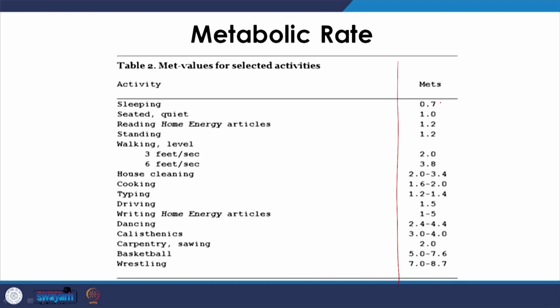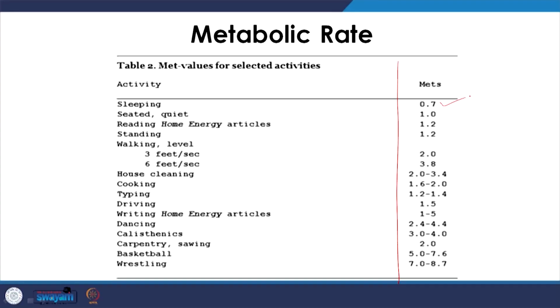For different types of activities, we are not talking about the subjectivity which comes in because of the chosen subjects, but we are talking about the metabolic rate variation because of the different types of activities. From sleeping, which is the lowest metabolic rate, 0.7 METs, to an intensive sports activity, for example wrestling, where the metabolic rate is very high. So, based upon this, we also have the metabolic rate.